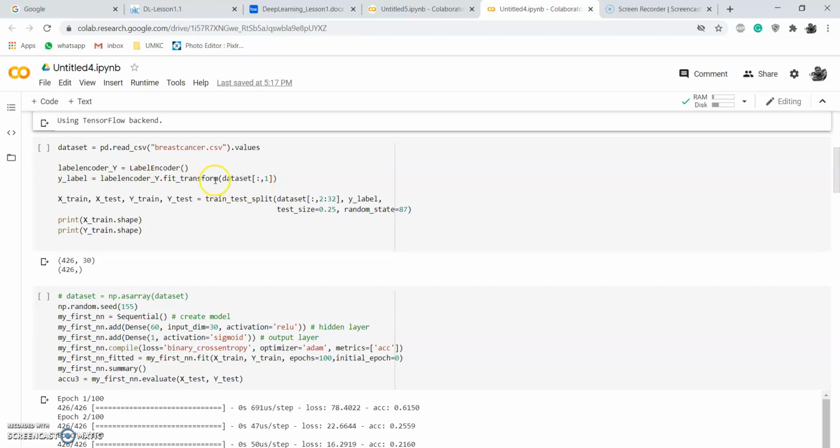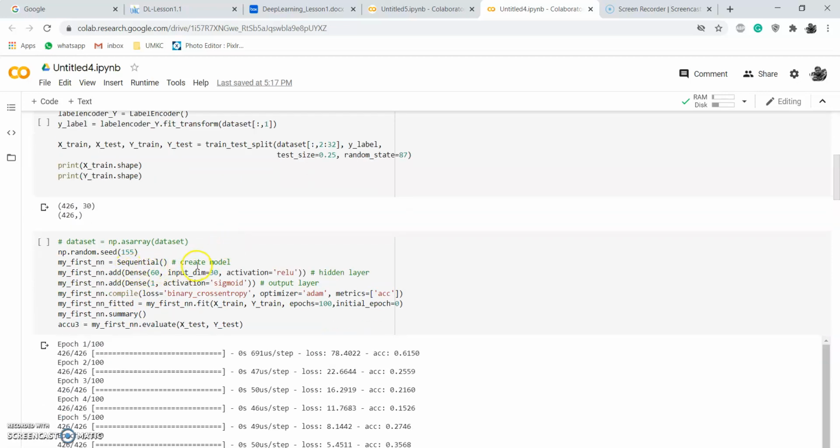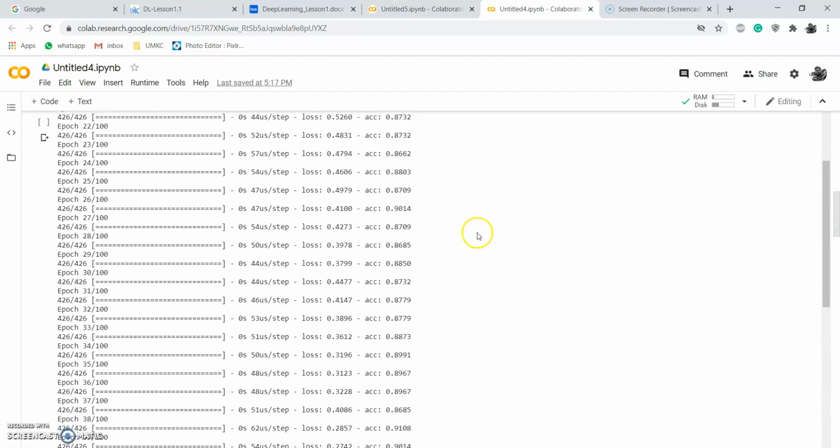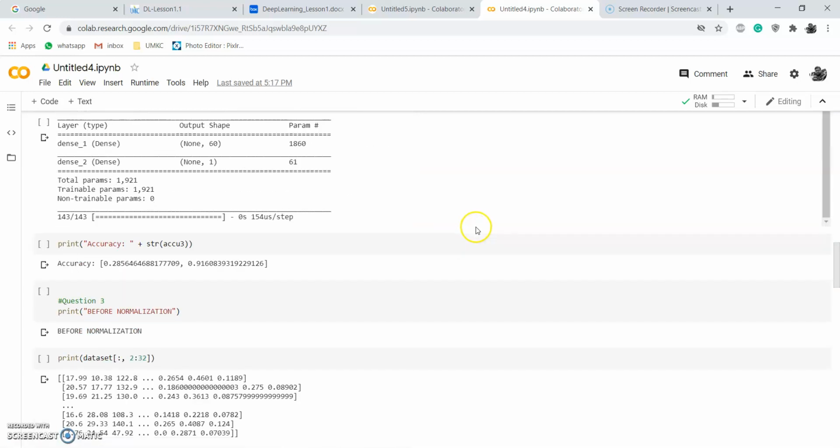The second field in the CSV file contains M and B, so I have taken that as the target field, and I have taken columns 2 to 30 as non-target fields. I applied the sequential model on that and found the accuracy. I got a loss of 0.28 and an accuracy of 0.916.